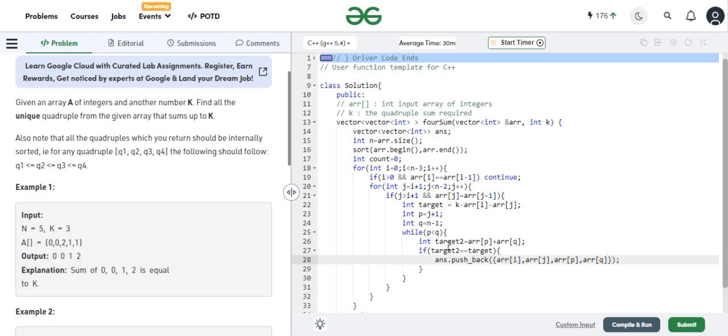Okay, target 2 is equal to target 1, so I have to push back, and after the push I increment count by 1, because count stores the number of quadruples we have to find. It records the store by count. So here I increment count by 1 and then